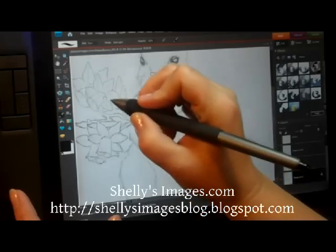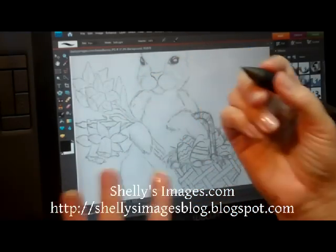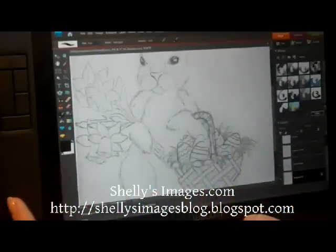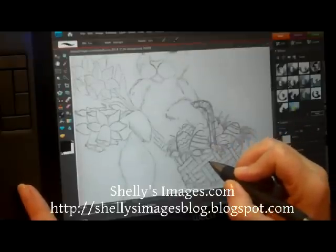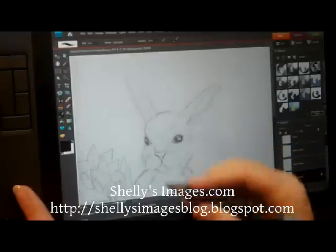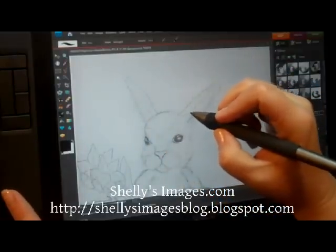I can also draw a flower, cut it out, copy, paste it, and flip it a little bit, and then I can add more flowers to the bouquet if I choose to do that later. So I'm ready to do a little bit of drawing for you. I'm not going to do a whole bunch and bore you with drawing, but basically I can draw right on